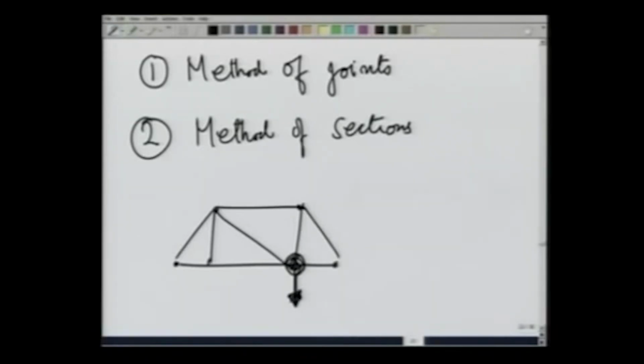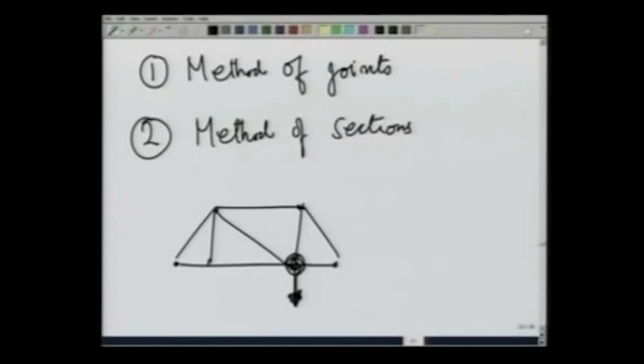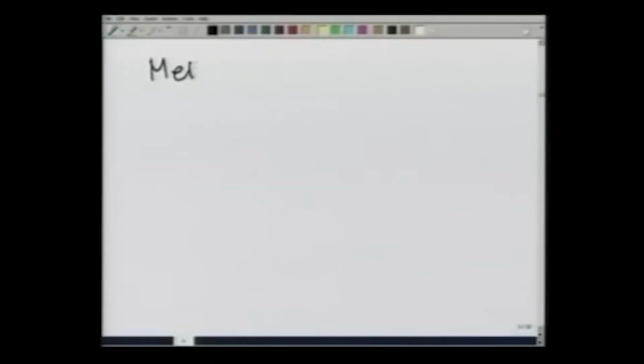In case you have more forces than you can solve for in this case, then you first solve for the reactions at the fixed points, and then because there are only two members at those fixed points, you can solve for the forces in those members and then go on to the next joint and so on. I am going to demonstrate the method of joints through several